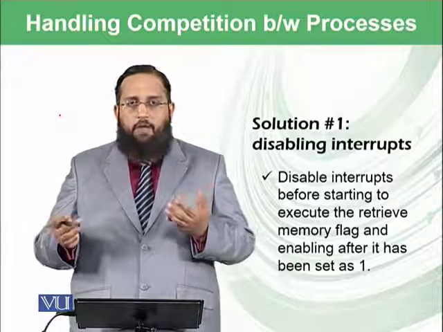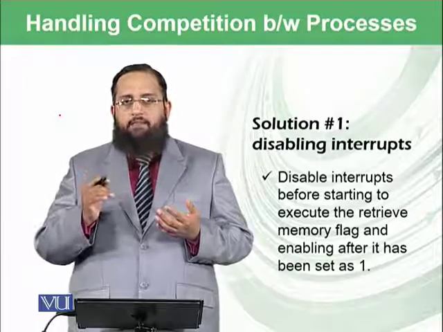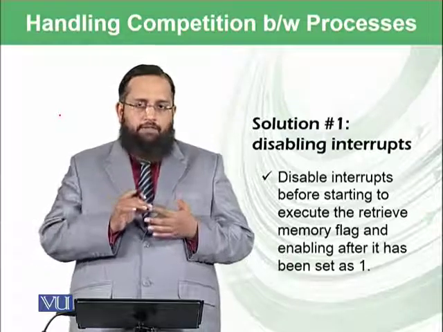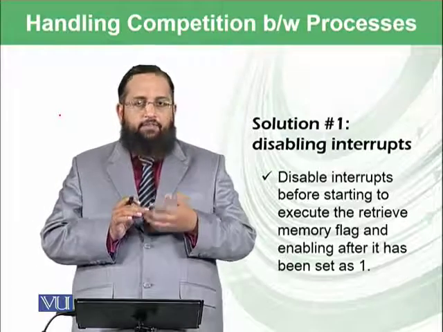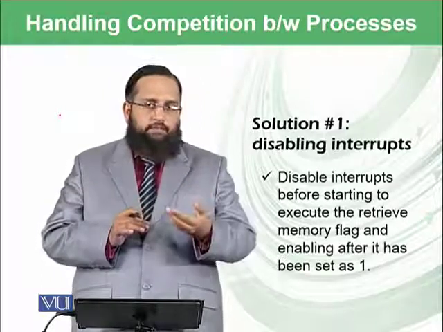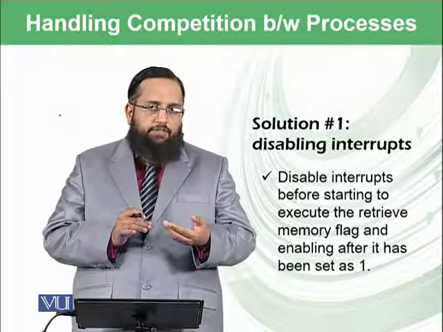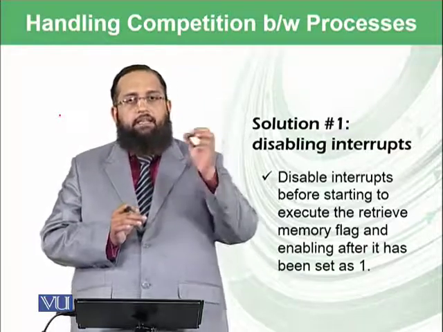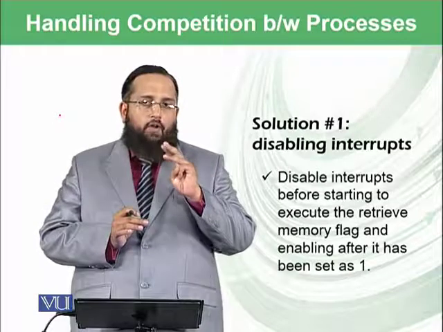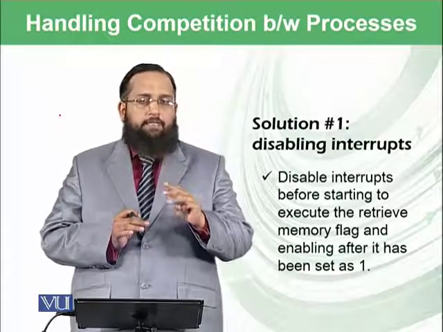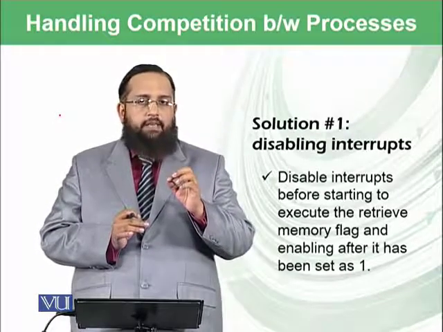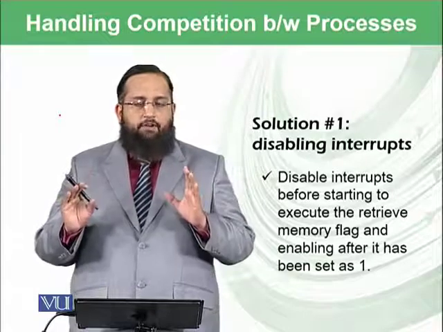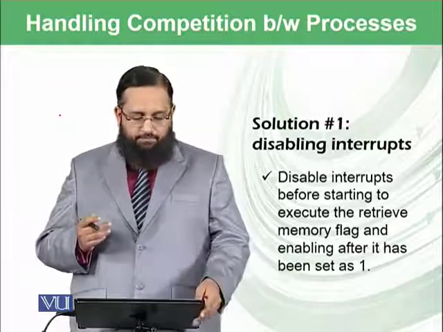This means process B cannot initiate an interrupt while the first instruction is executed, that is reading, the second instruction is executed, that is the CPU instruction, the if condition checking whether the bit is 0 or 1, and the third instruction, which is setting the value to 1. After all of these three steps, process A will say, okay, now you can disturb us. It will say interrupts are enabled now.